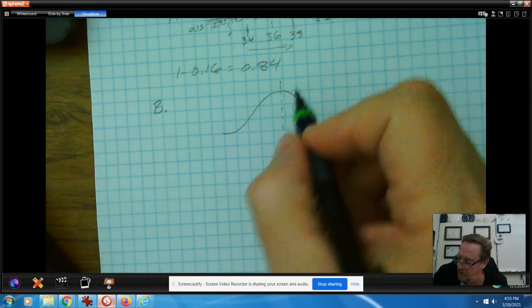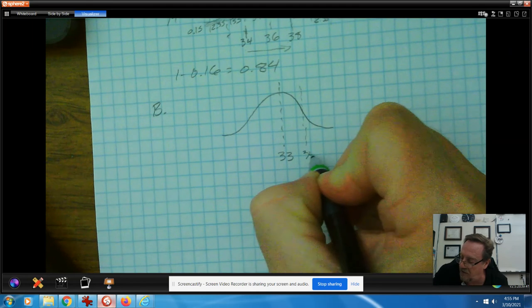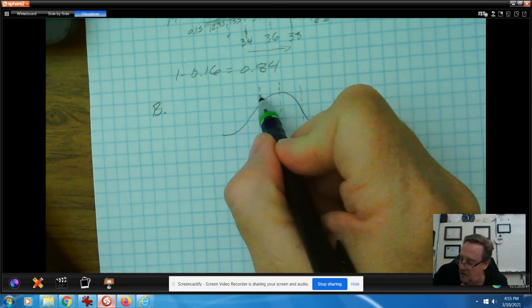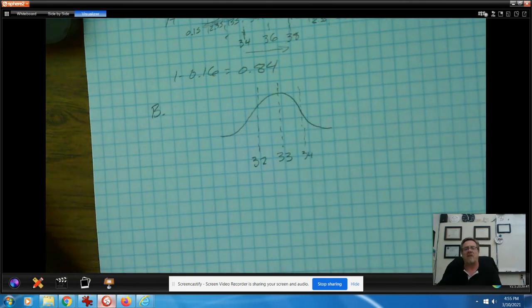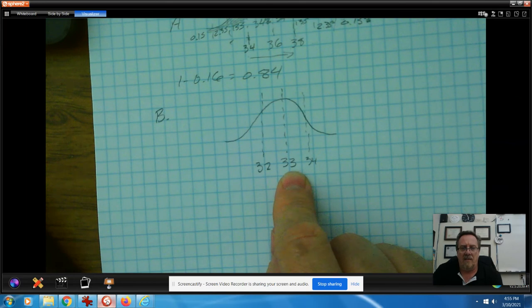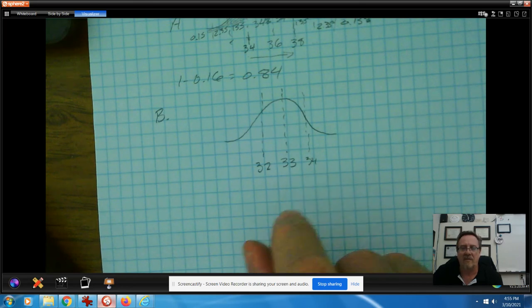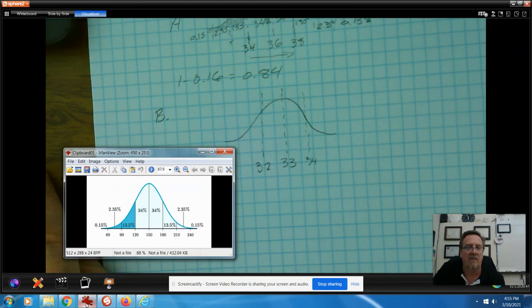So one standard deviation up is at 34. One standard deviation down would be at 32. Hopefully everybody understands what I'm doing. You draw your normal curve and you put the mean in. The mean's in the middle. And then each standard deviation is away from there. You get used to where those standard deviations probably are. We're not being super accurate when we draw them, but when you look at this,